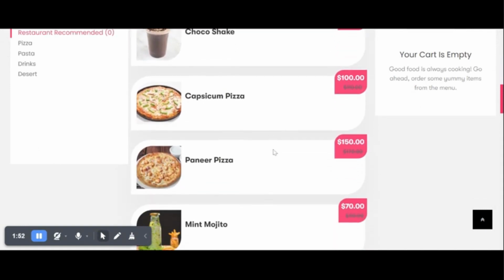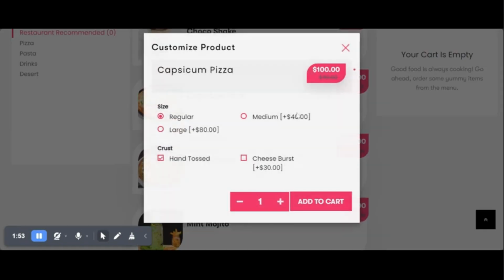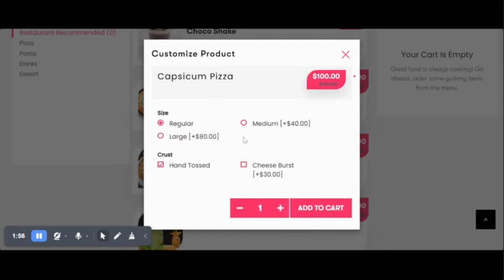So I'll just go ahead and customize a pizza. Here I can add attributes, like it could be a cheeseburger pizza, right? And removing the hand toast. If you wish to increase the size from regular to medium, you can change it to medium or you can change it to large. You can increase or decrease the quantities, right? And accordingly, the rate will be reflected in the cart. So I'll add two pizzas over here,